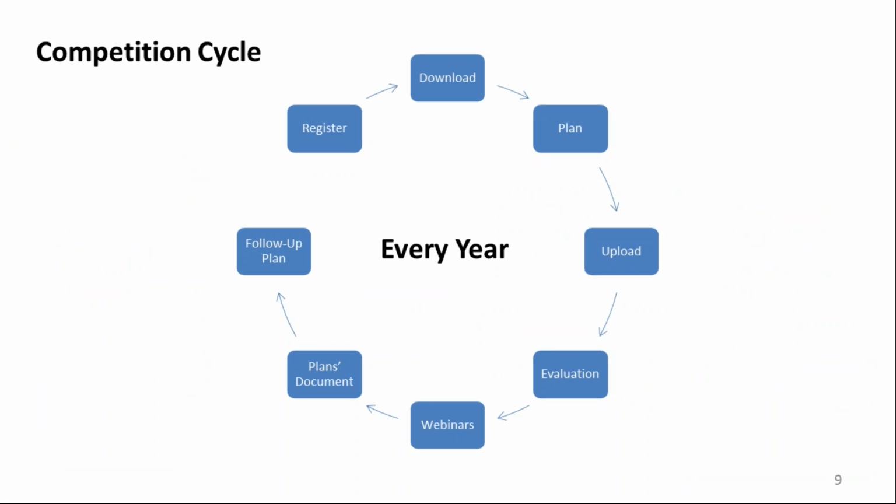So this is the competition cycle. As I said, planners need to register. Planners worldwide need to be in our mailing list, so that when our competition starts, they will be notified, and then they will download the data set package, they will plan, they will upload their plan, and then we will evaluate it, and then we will announce the top planners, and then live webinars will take place. There will be a document, as I said,